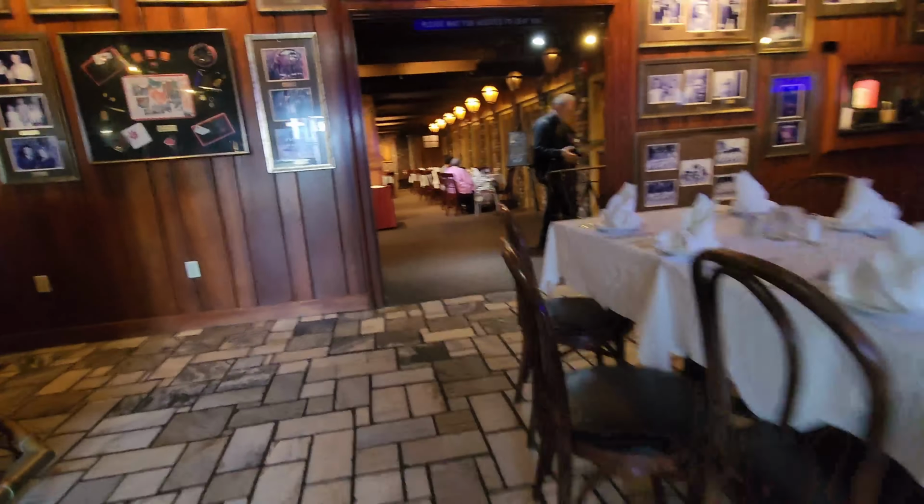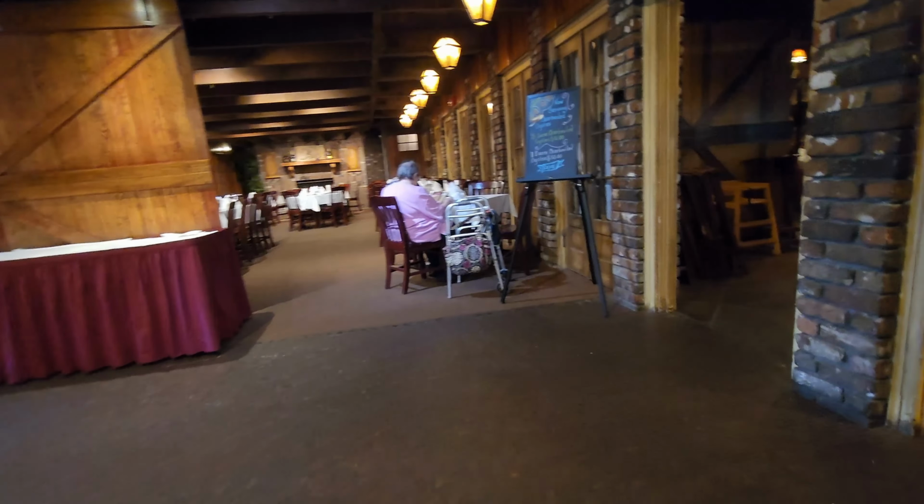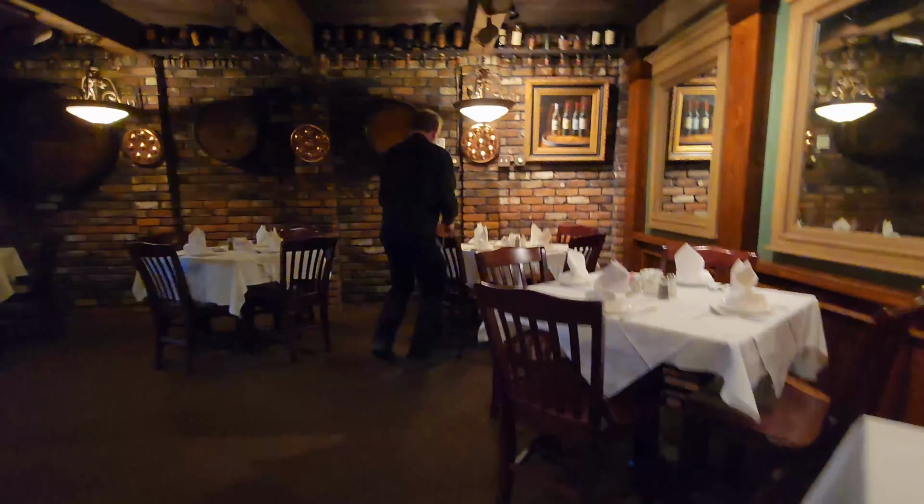And then we're going to head on to the reception area here. We've got a host that will get us seated pretty fast. There's more dining straight ahead. And we'll see if we're going to be seated straight ahead or in my favorite room. Ooh, yes. So this is a great little space here, and it's got a little bit of that German